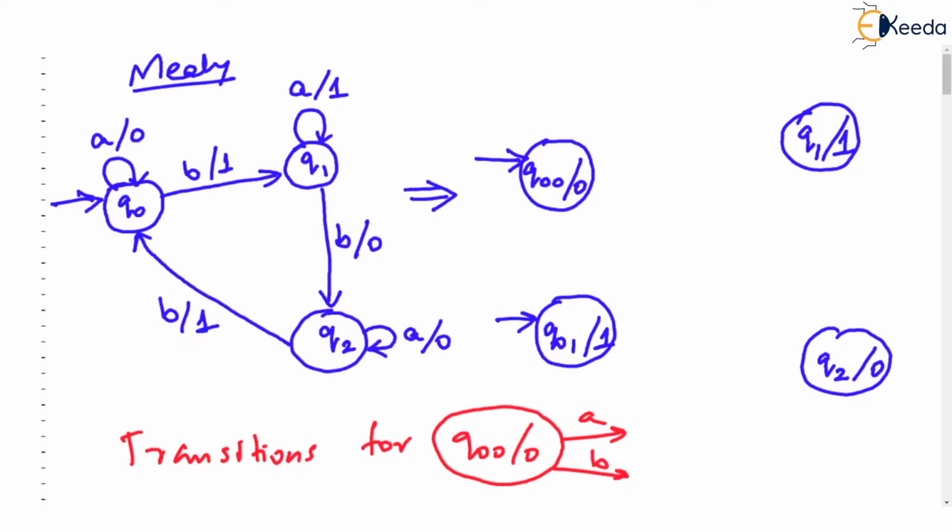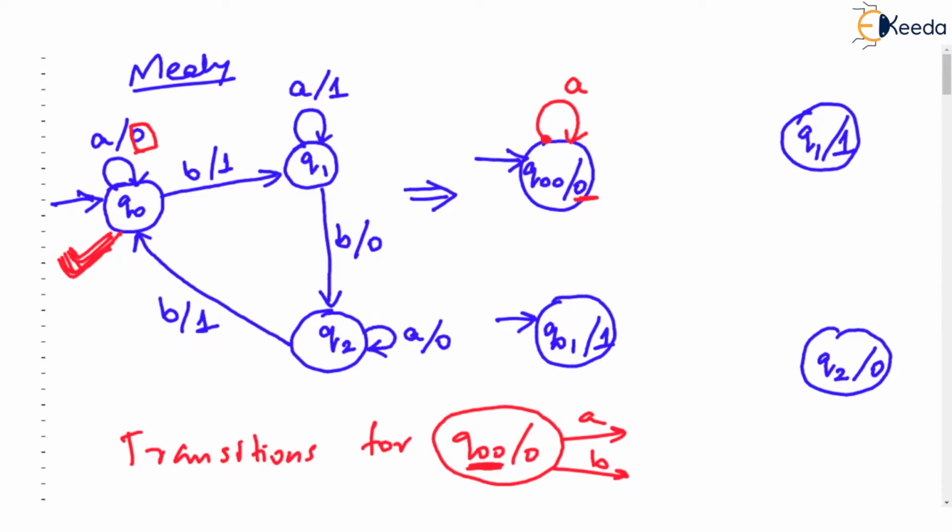Not a big issue. You want to define transition for Q00, right? But what is this Q00? This is nothing but Q0 state of Mealy machine. So just ask Q0 state, what do you do on reading A? Q0 will say, on reading A, I remain in Q0, but I output 0. So listen very carefully. When we are defining transition for A, we say Q0 when it reads A goes to such a Q0 which outputs 0. Look at that. The output here is 0.